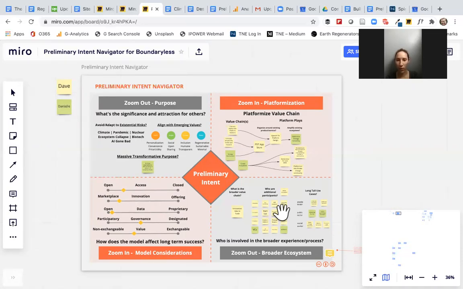And so, for example, the right half with platformization and the long tail, or your broader ecosystem, to me, I feel like the Platform Design Toolkit addresses how to explore that half of this tool in more depth. But I feel like there could be development of tools on the left half to help people develop those thoughts more. So just some things we were thinking about for future development is that after this, you might have some different options of what you do next.